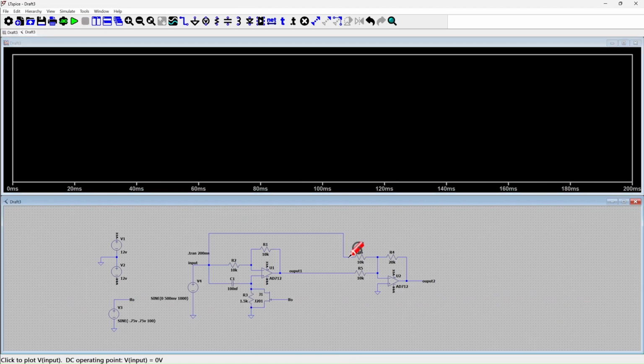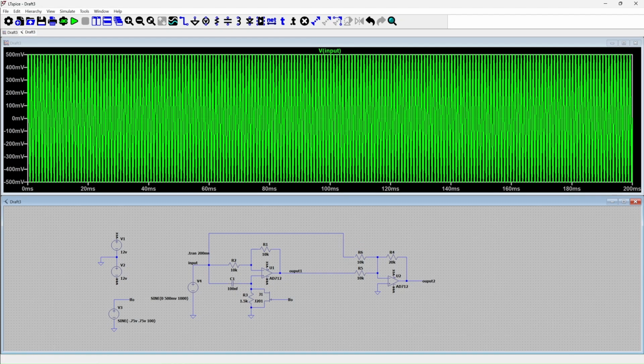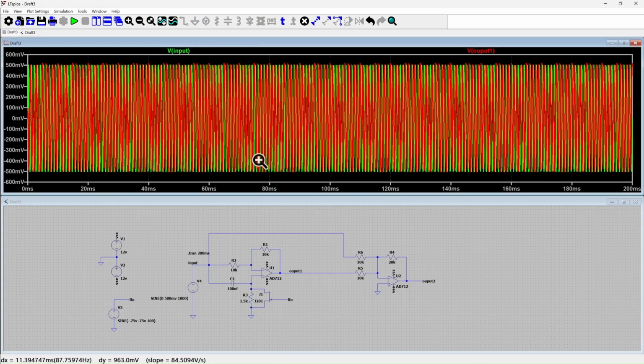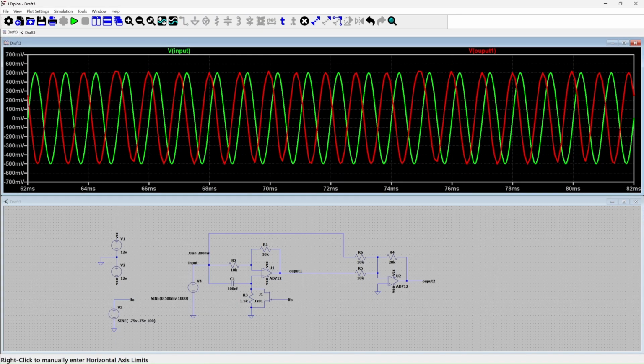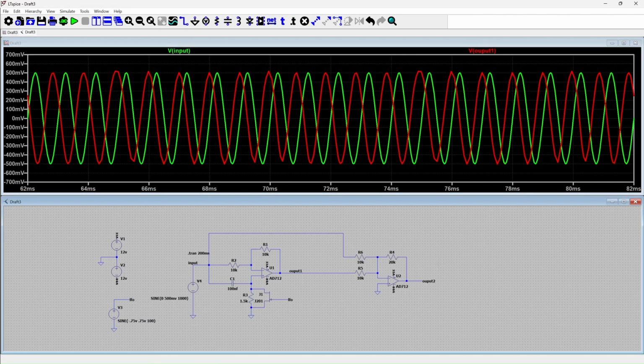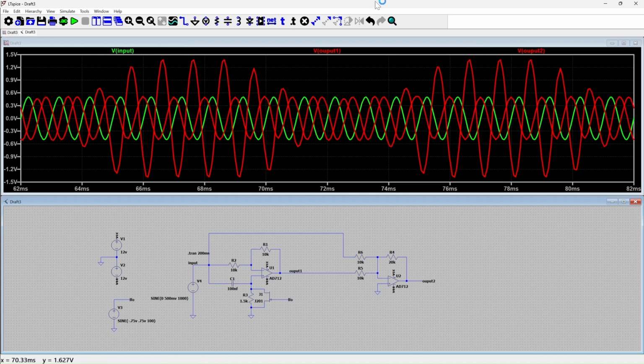So we have an input signal. We have first stage output of the all pass filter. This is phase shifted, as you can see. And what does this get us? The final output of the mixer. So you can see